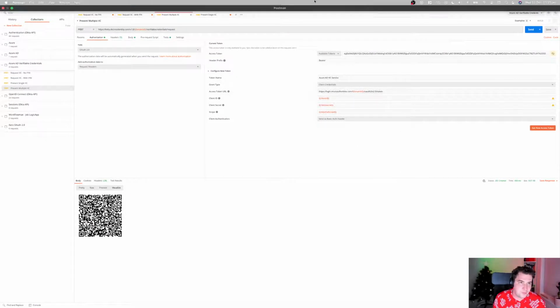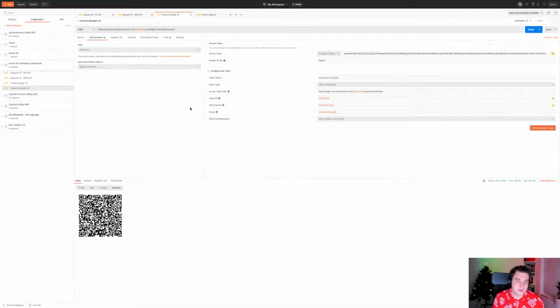So what I've showed you so far is the issuance flow when it's working using the SDK. I showed you the request API, which allows you to, using whatever you want, Node, .NET, etc., get, as in issue, and also request, as in present, verifiable credentials.